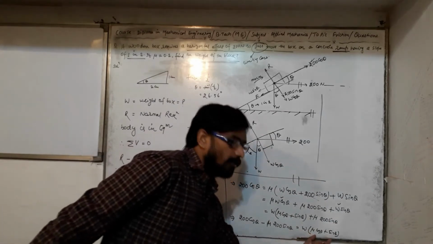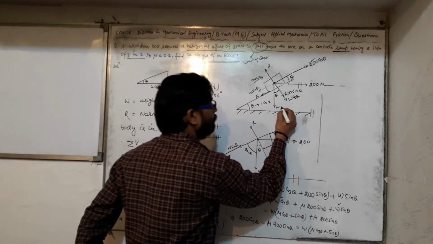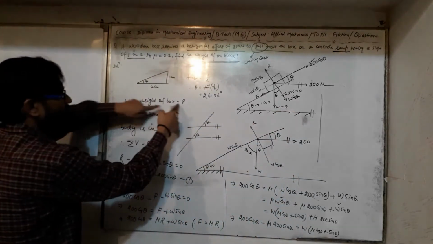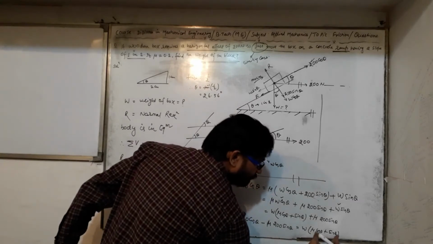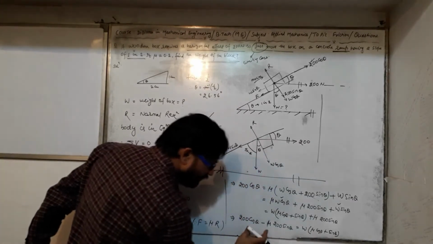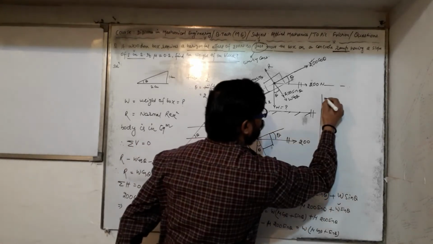W times the overall term is multiplied, and because we have to find the value of W, which is unknown here, if I transpose this to the left hand side, it would be divided. So W is equal to